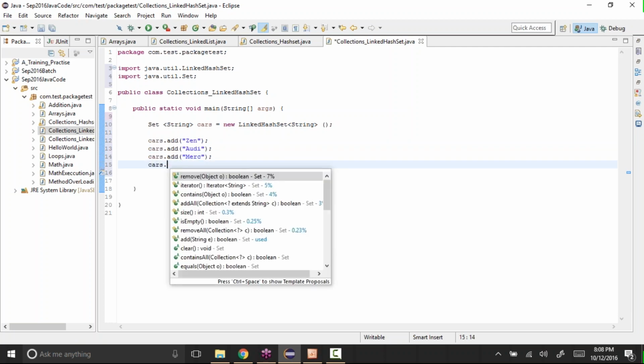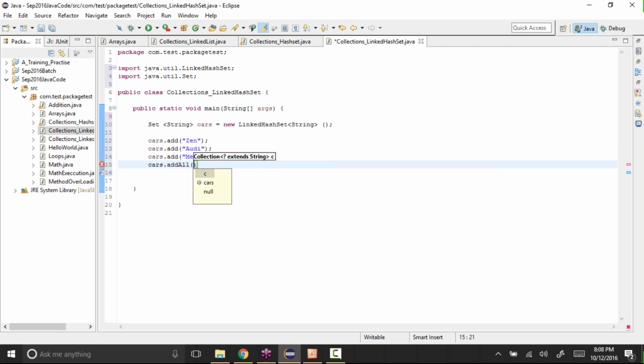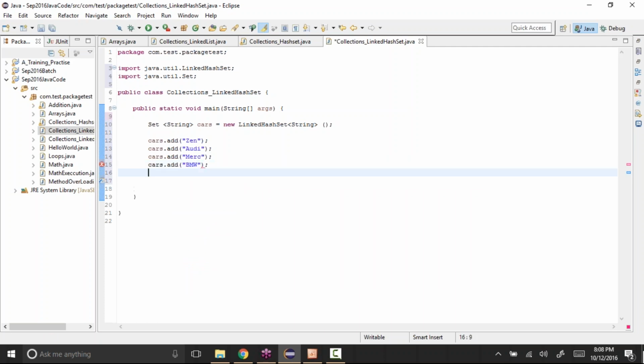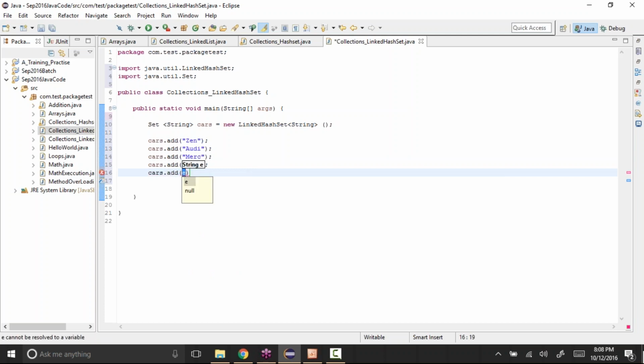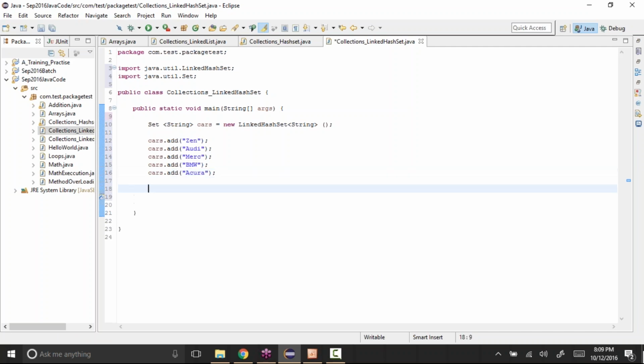Cars dot add, let's say BMW. Cars dot add something else, let's say Acura. So I added some cars into that set.